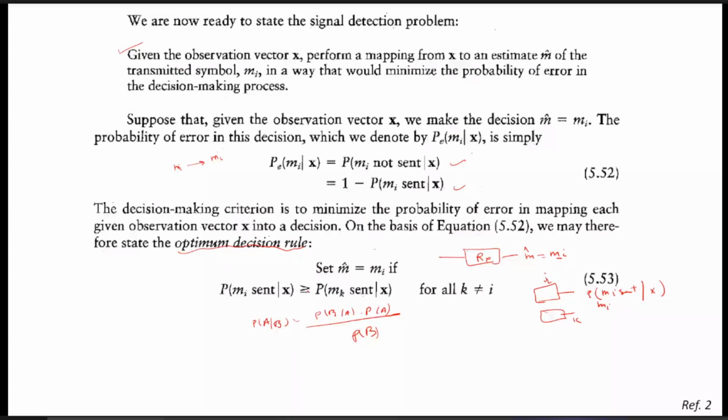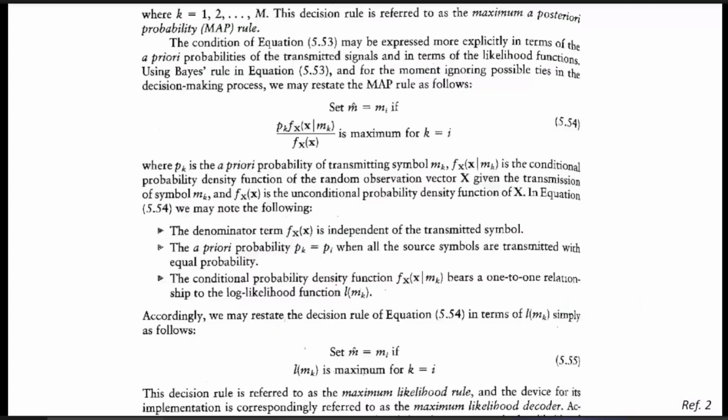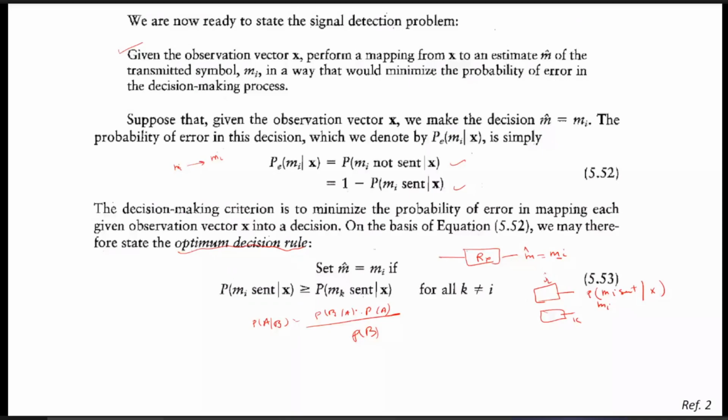It means that the maximum value, if you are able to calculate it, is maximum for k equals to i, because for k equals to i, both the probabilities will be equal. Otherwise, for the rest of the k not equal to i, this probability will always be less than that. So the maximum value will be this factor.